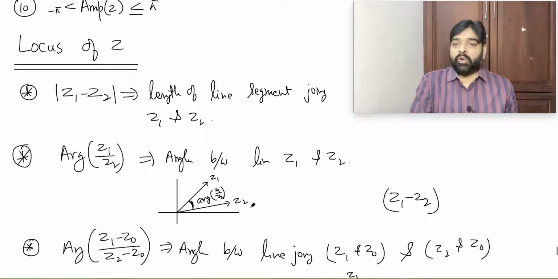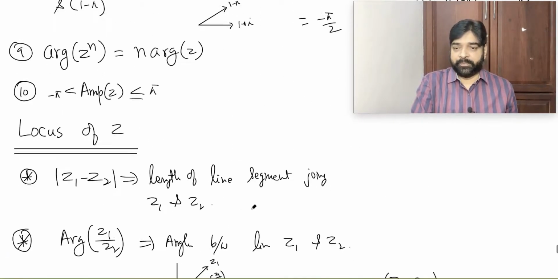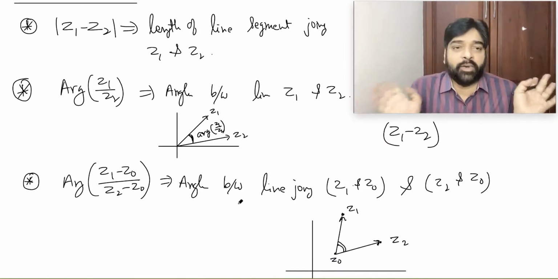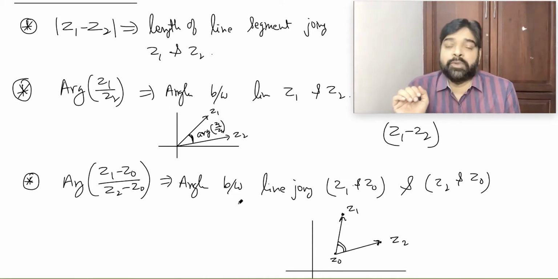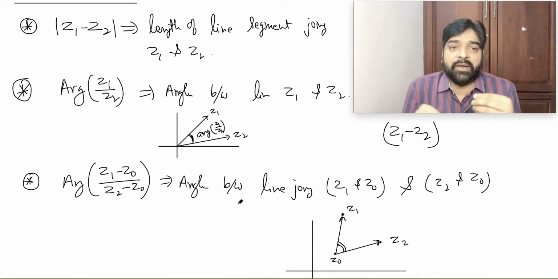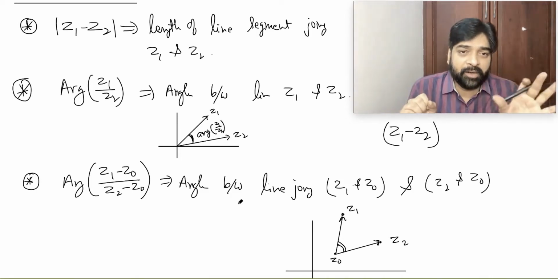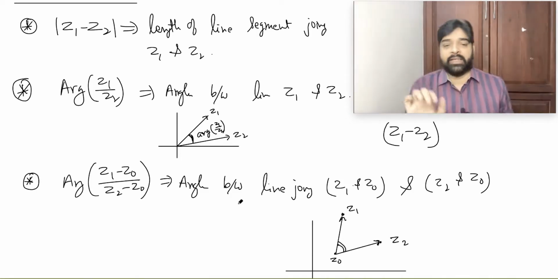So now the locus of z we have to discuss. These 3 points are more than enough to decide the locus. Whenever you have to get the locus, always try to feel the question, what exactly they are trying to say. Draw a rough diagram, the answer will come. Let's start one by one.